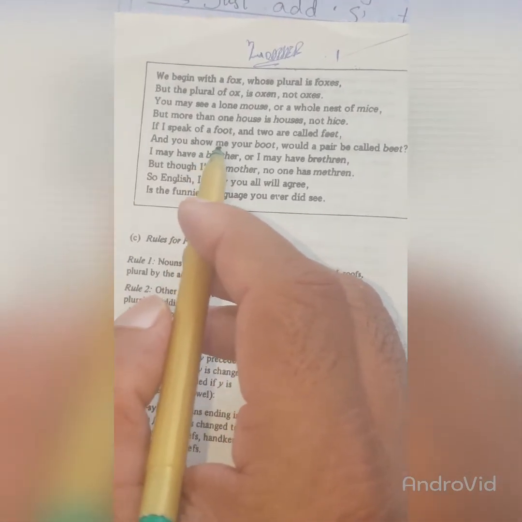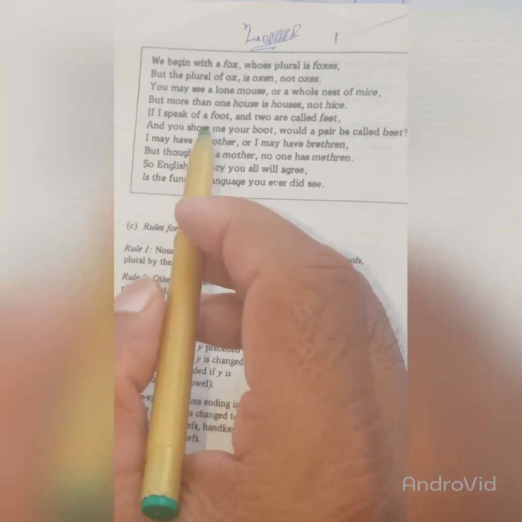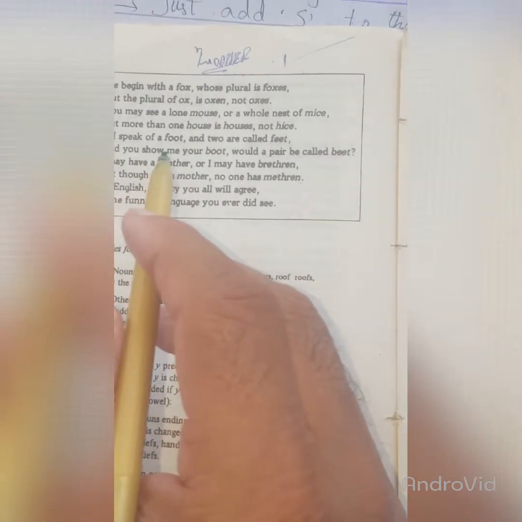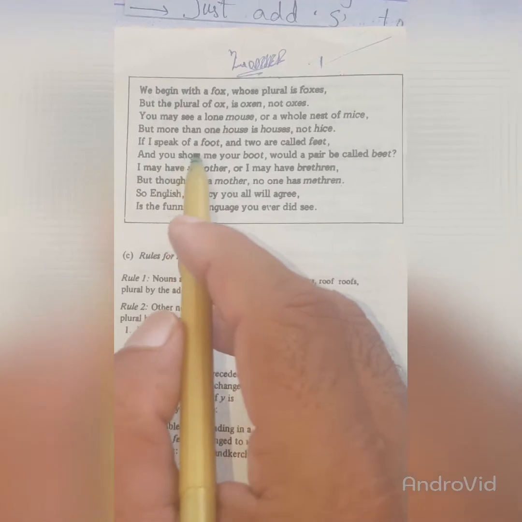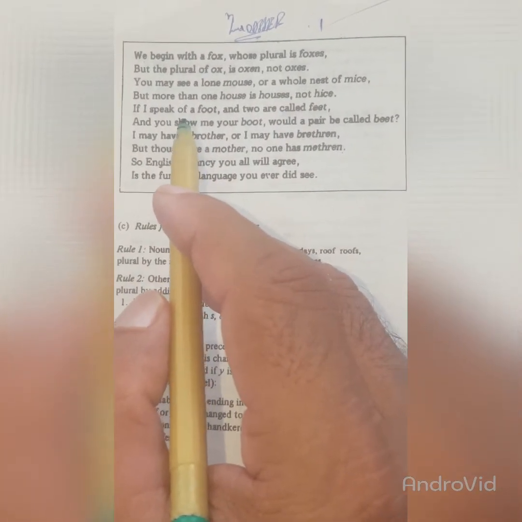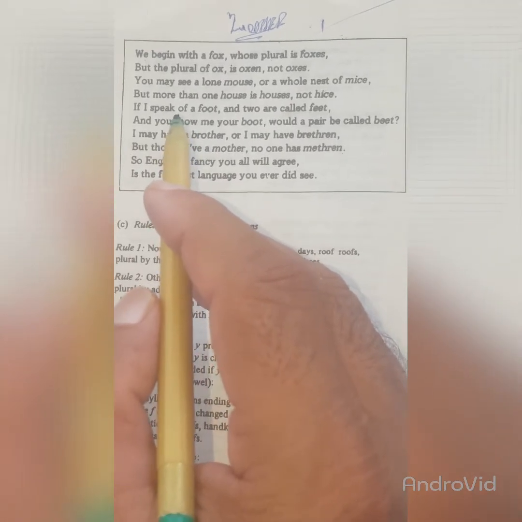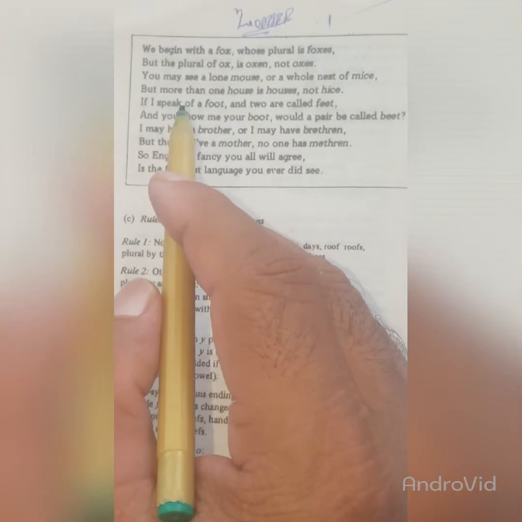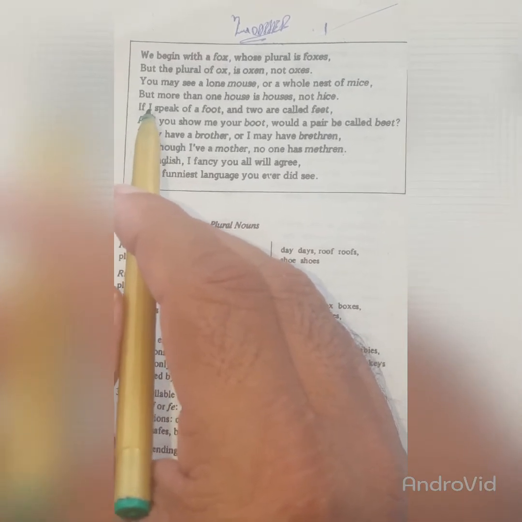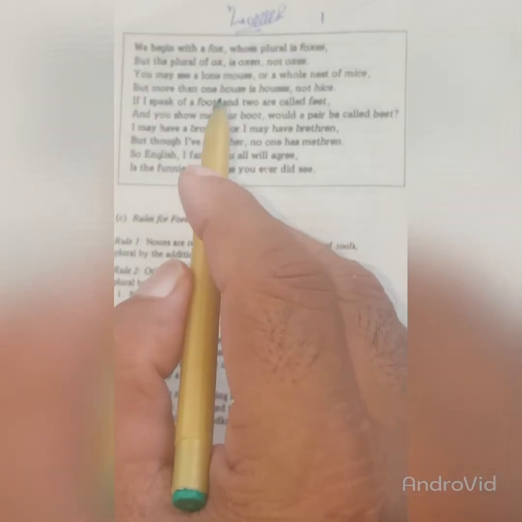Our topic today is forming plural nouns. English is a non-systematic language, unlike Urdu and some other languages. Especially the inflection of English is non-systematic. Okay, so you will understand this ambiguity with the help of this funny